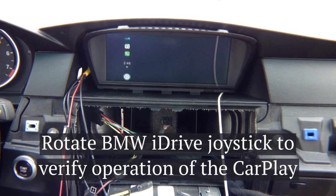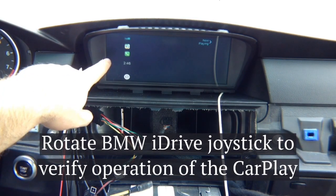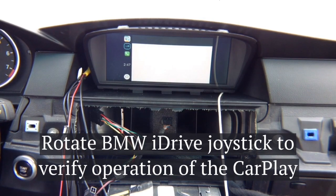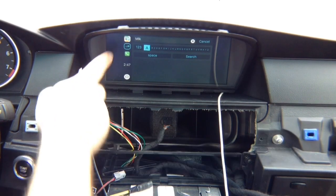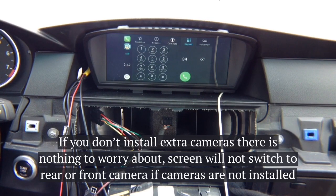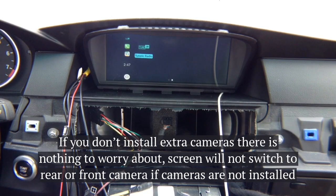You got your recent apps here, so if you see I'm highlighting the recent apps, I can go into maps, and then the running app becomes on top. I can go into any other app that I want to. I can go into phone calls, my recent, my contacts if I have any contacts. I can go basically anywhere I want, and audio is heard through auxiliary, so you set your radio to auxiliary. But basically, you know,